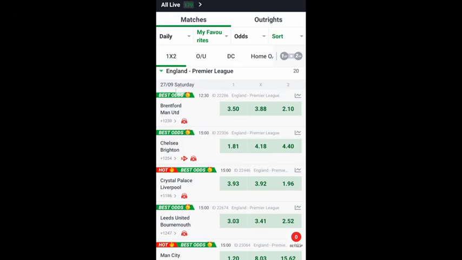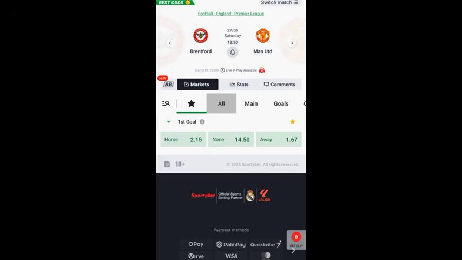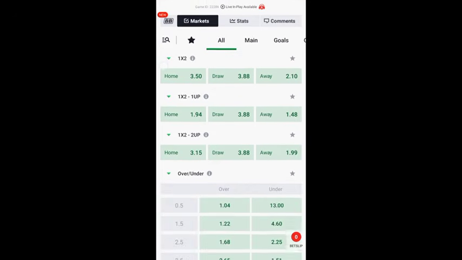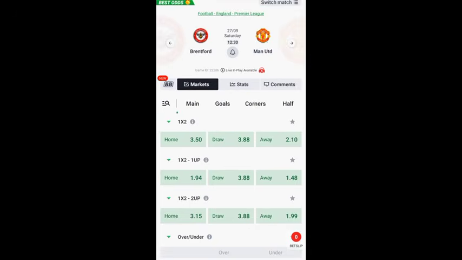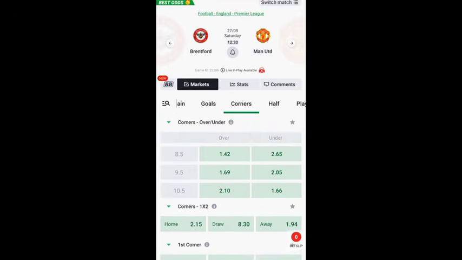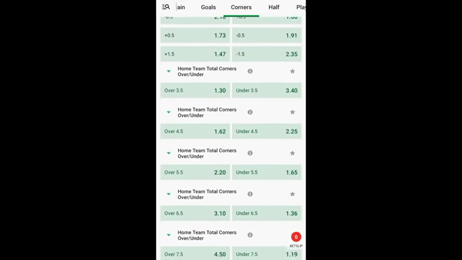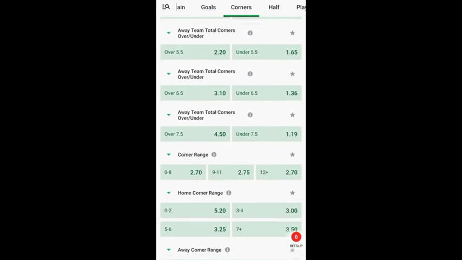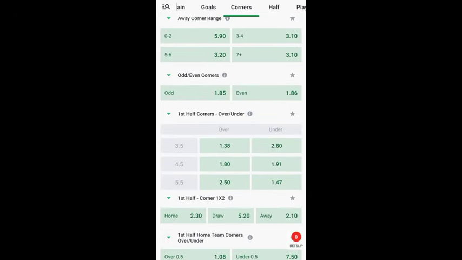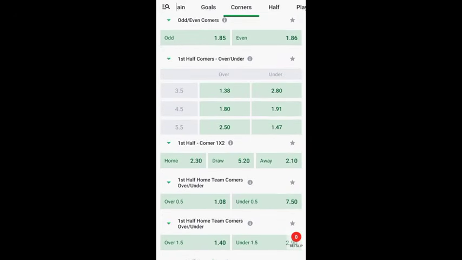So let me quickly guide you through this corner market that you're going to be using. Once I click on this particular game, it's just going to bring out their odds. All I have to do is come here to where it says corner. Once you come here, you just scroll down to this section, where you can see where it says under 5.5.